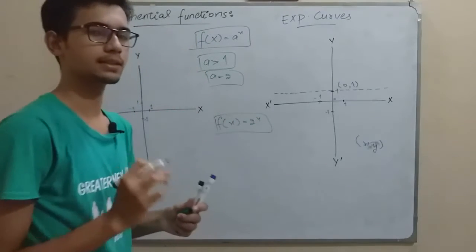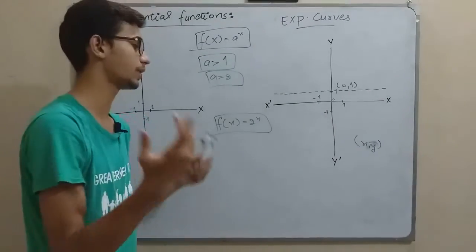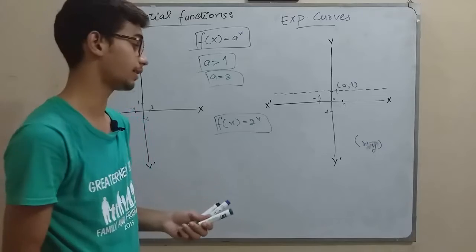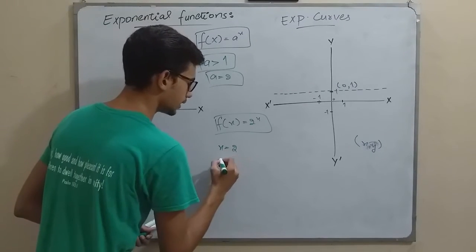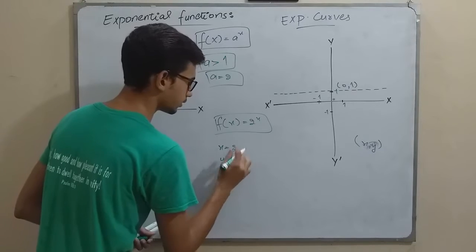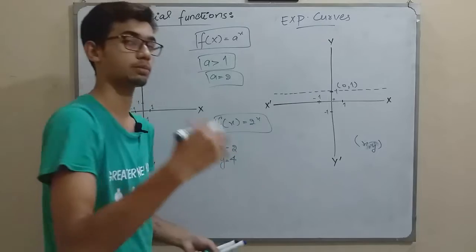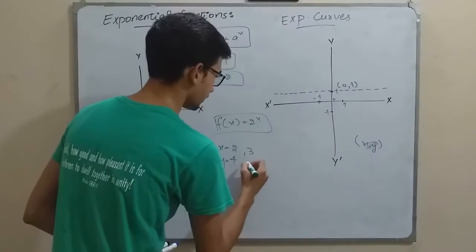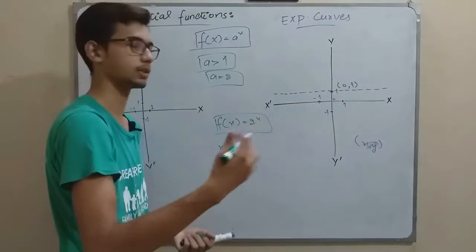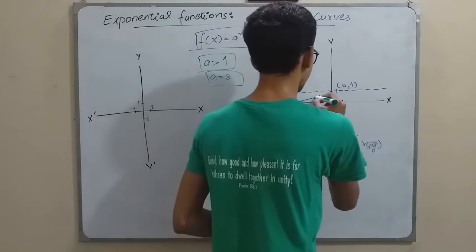Hence x is a variable, so I am free to put any numerical value for x. Suppose I put x as 2, then y would be 4, because 2 raised to the power 2 is equal to 4. If I put 3, I would have 8 and so on. Its value is increasing. Then I will have a certain curve